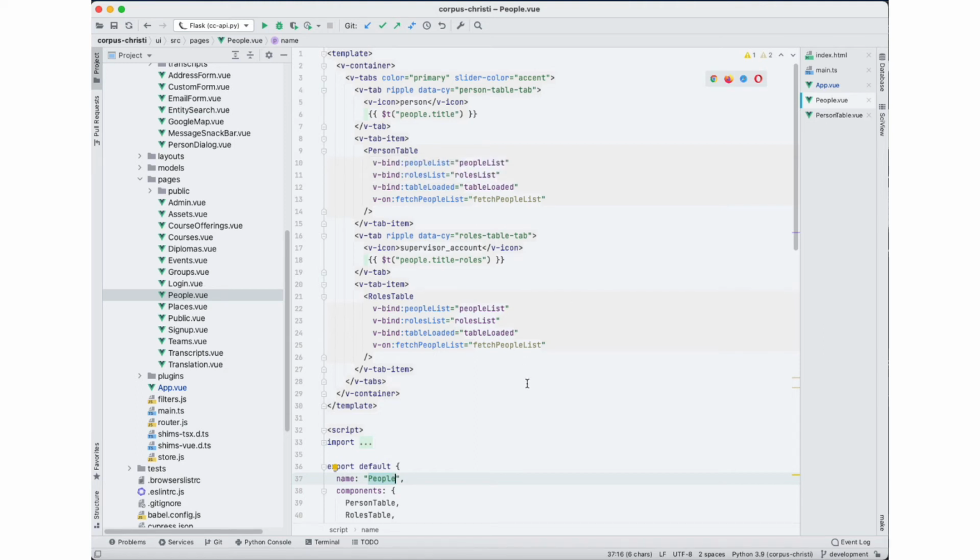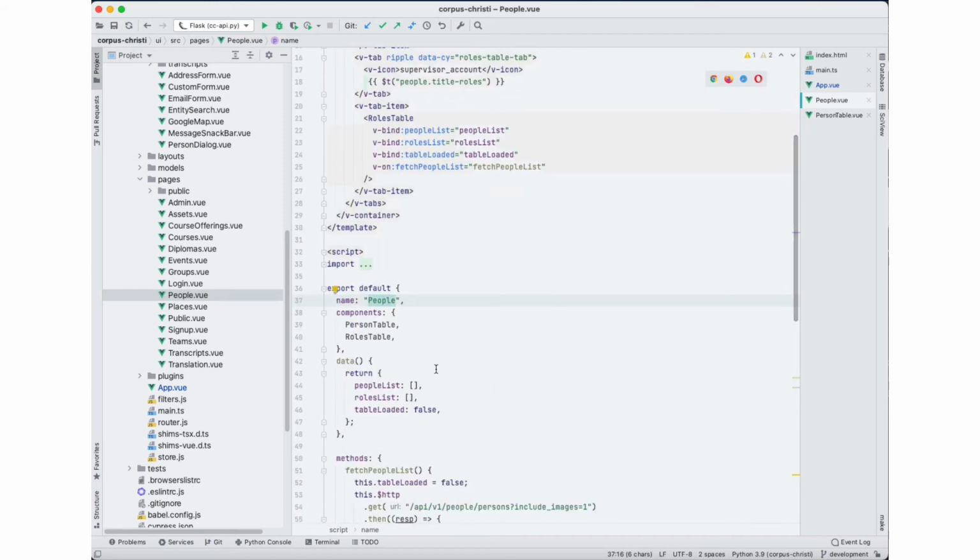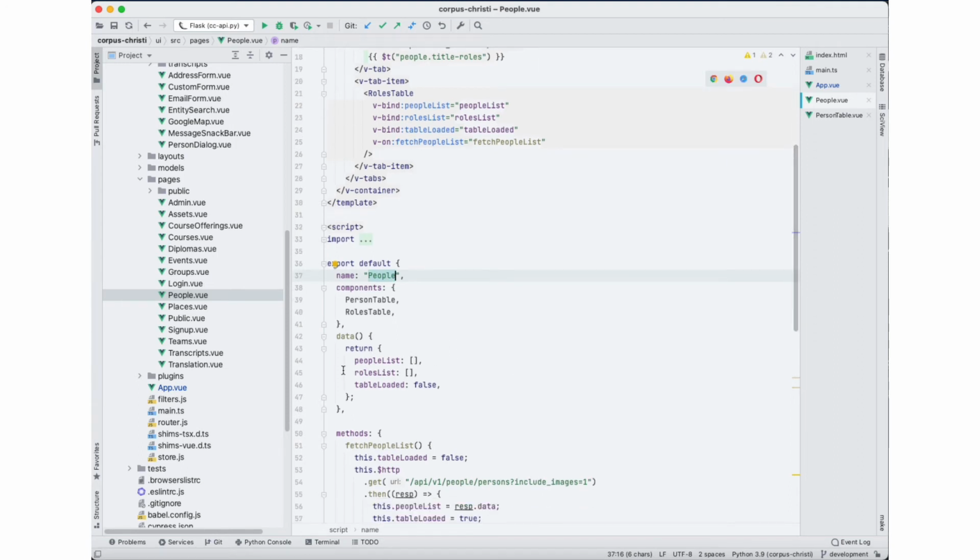So we said before that we use v-bind to pass parameters into these other components. We're passing them in this case from some of our state that we got probably out of the database in order to tell the person table not how to display, but what to display. Notice that most of the things in this top level script configuration object are just direct entries in the object. The data